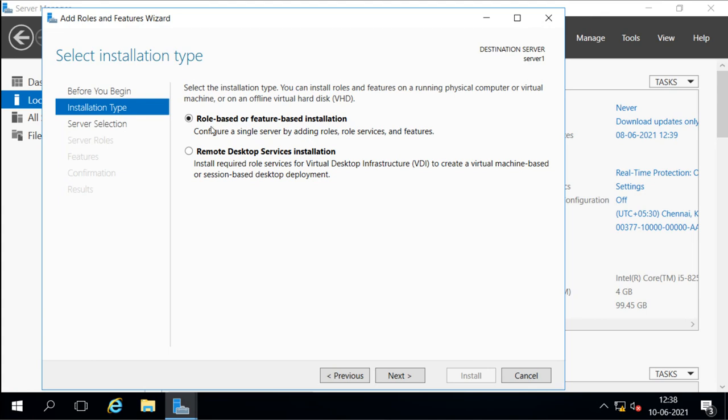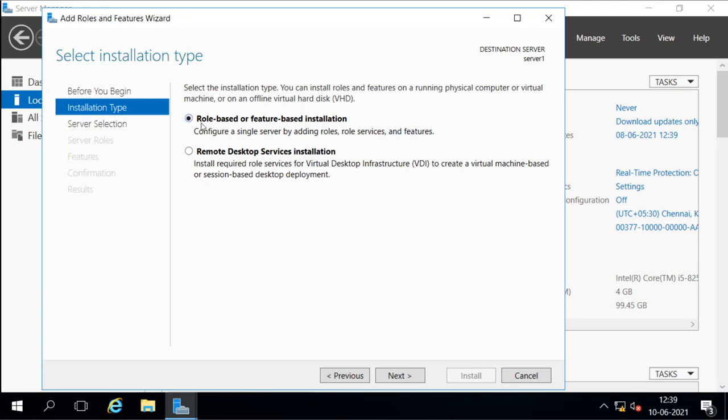So if you want to go for role-based and feature-based installation, we will select this. What is it saying here? Select the installation type. You can install roles and features on a running physical computer or virtual machine, or on an offline virtual hard disk. So if you have a virtual hard disk or virtual machine, you can use Server Manager to install the roles and features into that also.